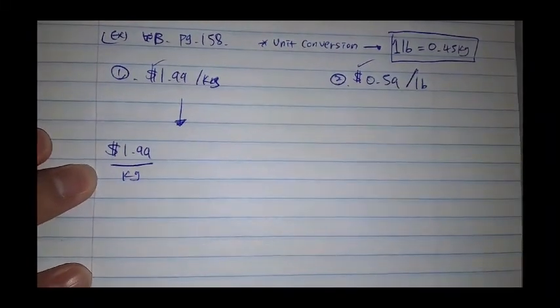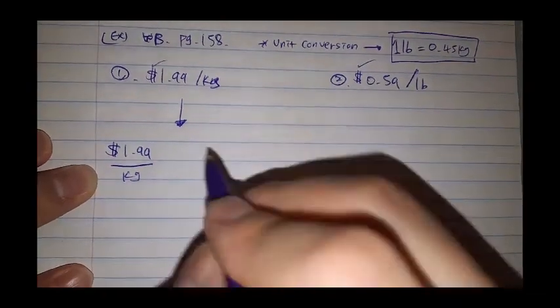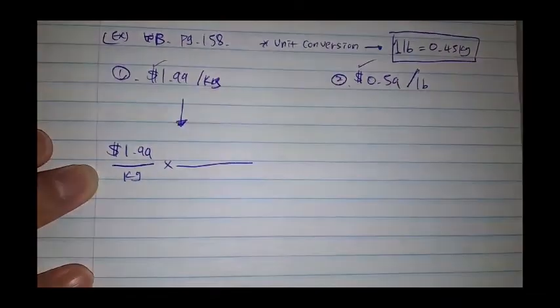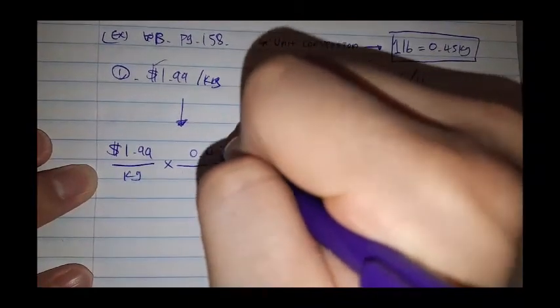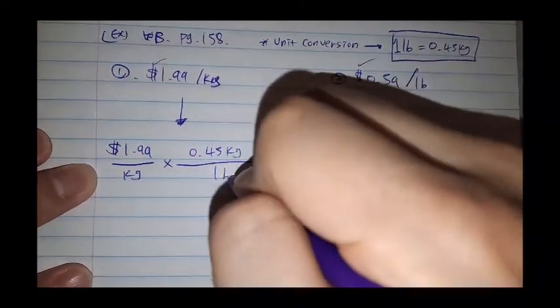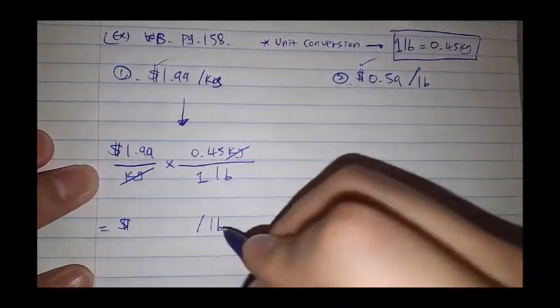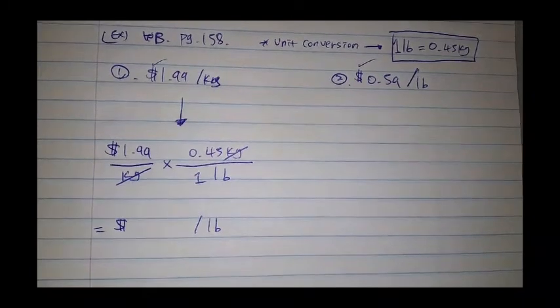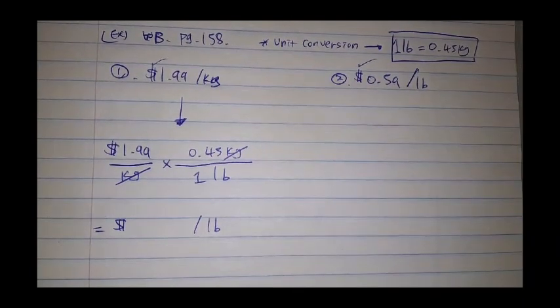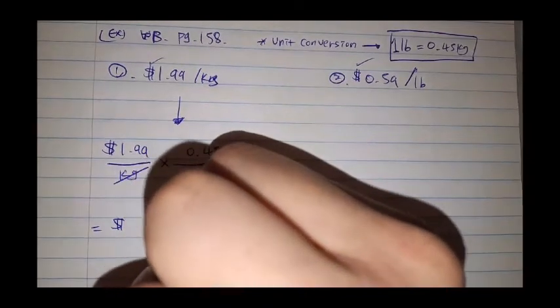I am writing this $1.99 per kilogram as a fraction, with kilogram on the top and 1 pound at the bottom, so that I can figure out how much money per 1 pound. Now use your calculator, 1.99 multiplied by 0.45,